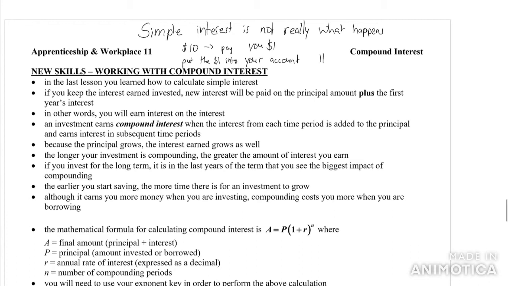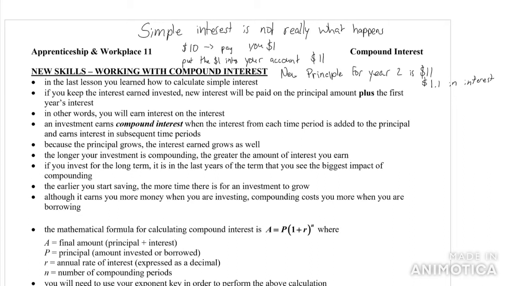So then you're going to have $11. So then the next year, you're going to get interest on what you have in the bank. You can think of it as your new principal for year 2 is $11. So we've changed the amount. So now we're going to get not $1, but we might get $1.1 in interest. So now we got a higher amount the following year.